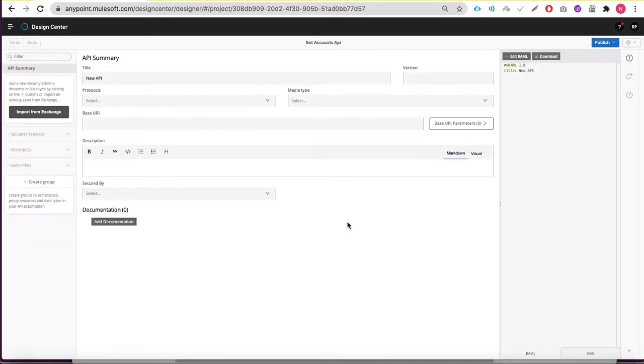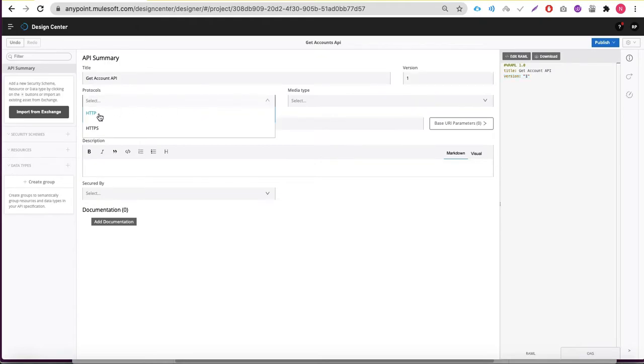For our first API, we will insert a title, version, protocols, and description, and we will make sure that we accept both HTTP and HTTPS requests and set our API to version 1. So here we will give our title, which can be Get Account API, and version 1.